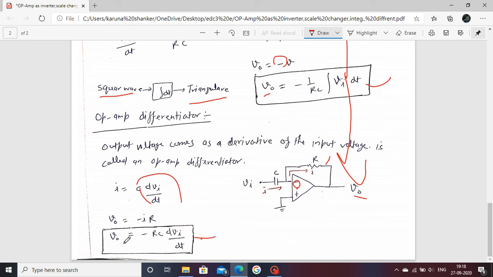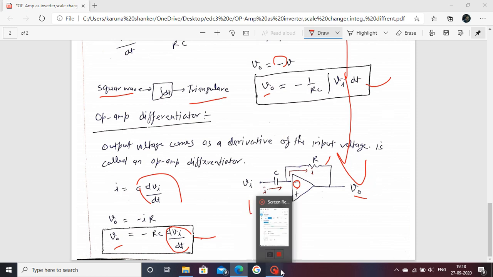Here we observe that whatever input is applied, the output comes as the differentiated form of the input signal. That is called the op-amp as a differentiator. We can also observe this experimentally. Suppose a square wave is applied to the differentiator; the output comes in pulse form. These are your topics of